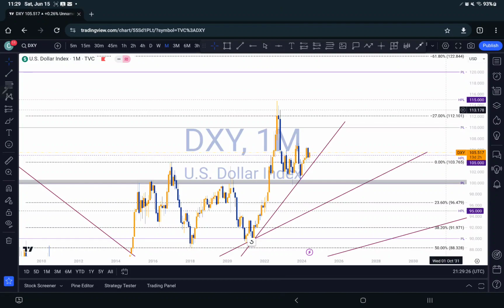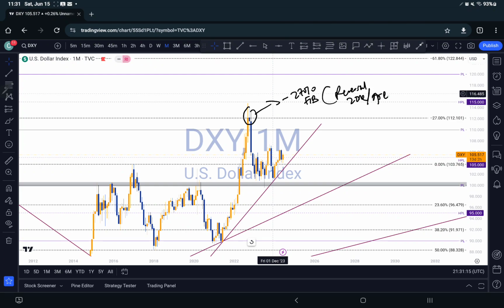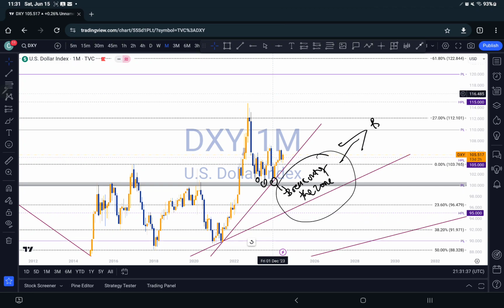And I've also mentioned in my previous analysis that because we currently rejected around the 27% fib level, and as we know 27% fib is a reversal zone slash area, there's a possibility of it giving us an impulse, a correction, to continue to push to the downside. But like I said in my previous analysis, as long as we do not break out of the zone, then we're still going to be looking for buys